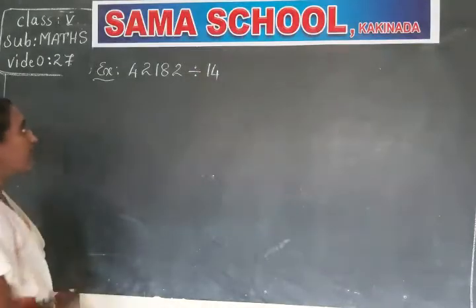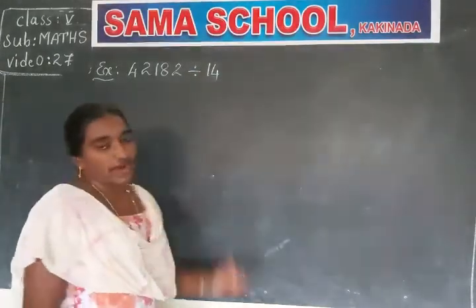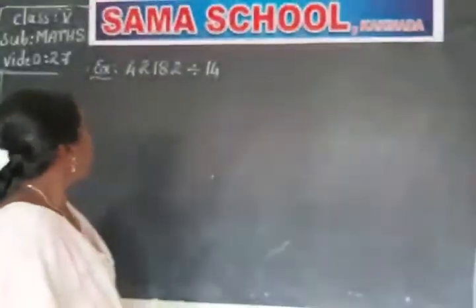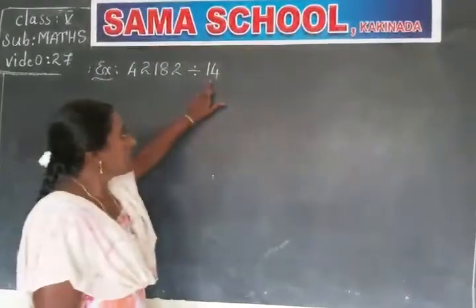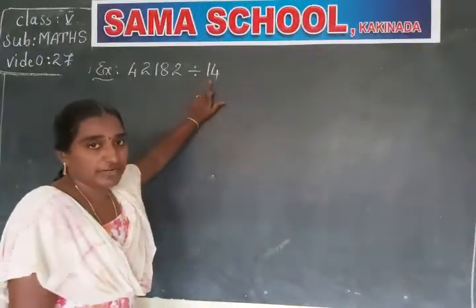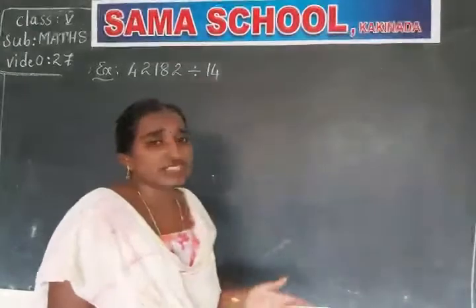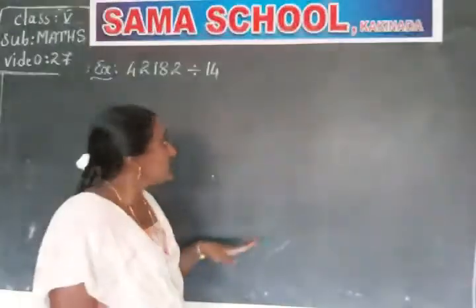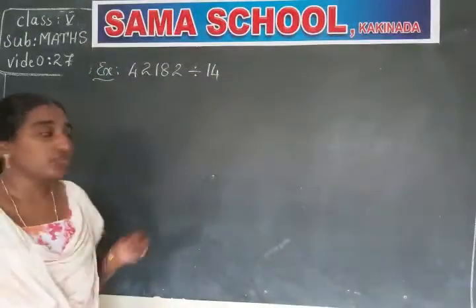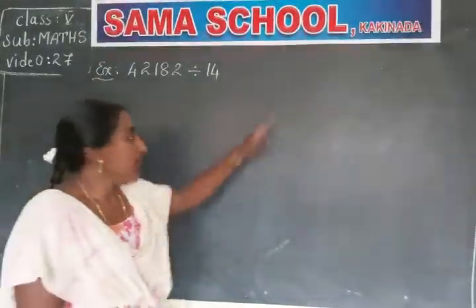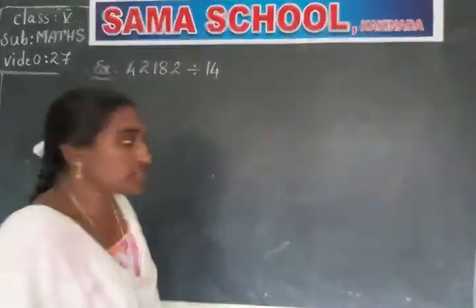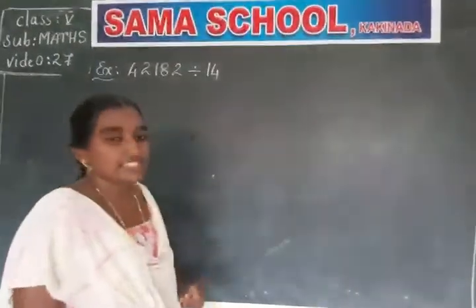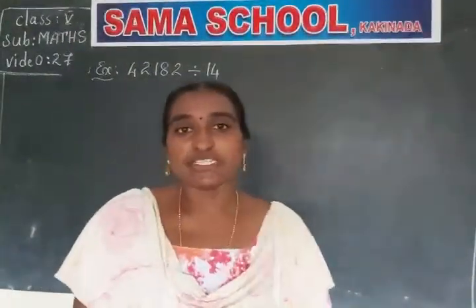Here I have taken a 5-digit number divided by 14. Okay. Here, see which table we have to write? 14 table. Some children know this 14 table well and some are not able to remember this 14 table. So, first of all, what we have to do for doing the division? We have to write the table first. Okay, children? So, now I will explain how to write a 2-digit table.